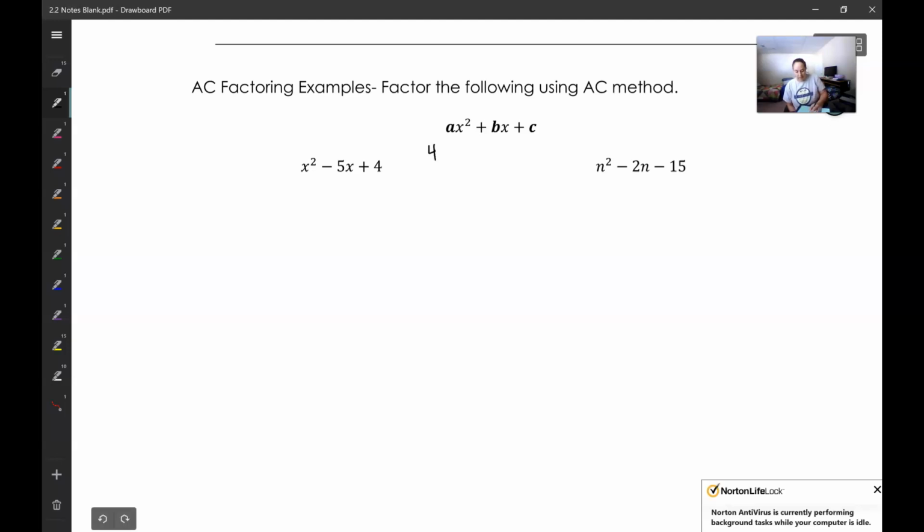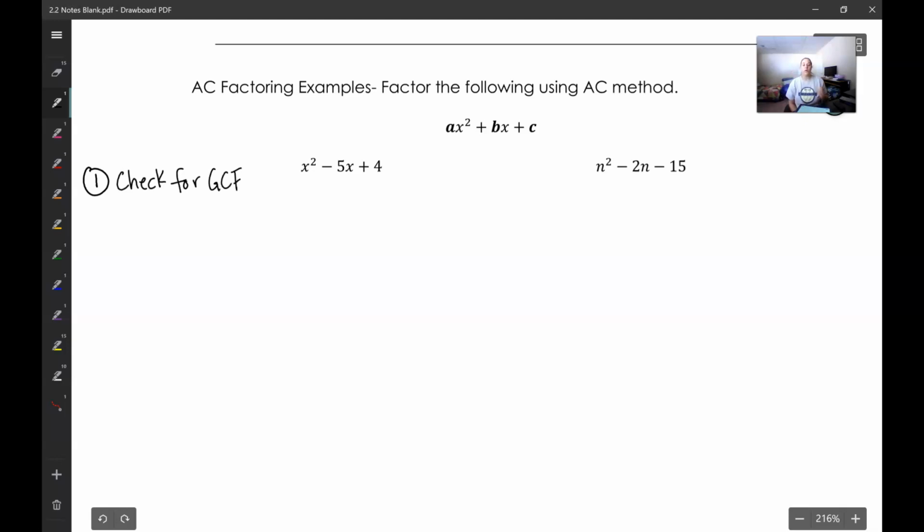Actually, before we even get started, step 1 is always check for GCF. Always, always, always check for your GCF first. So I'm going to look at this. Is there anything that all three of those have in common? Nope, there's not. So we're good to keep going. Step 2, list the factors